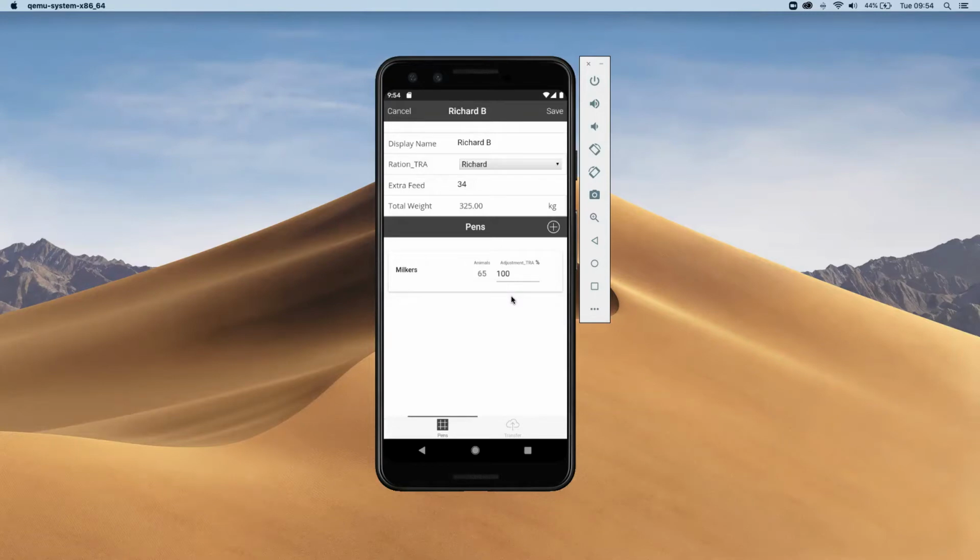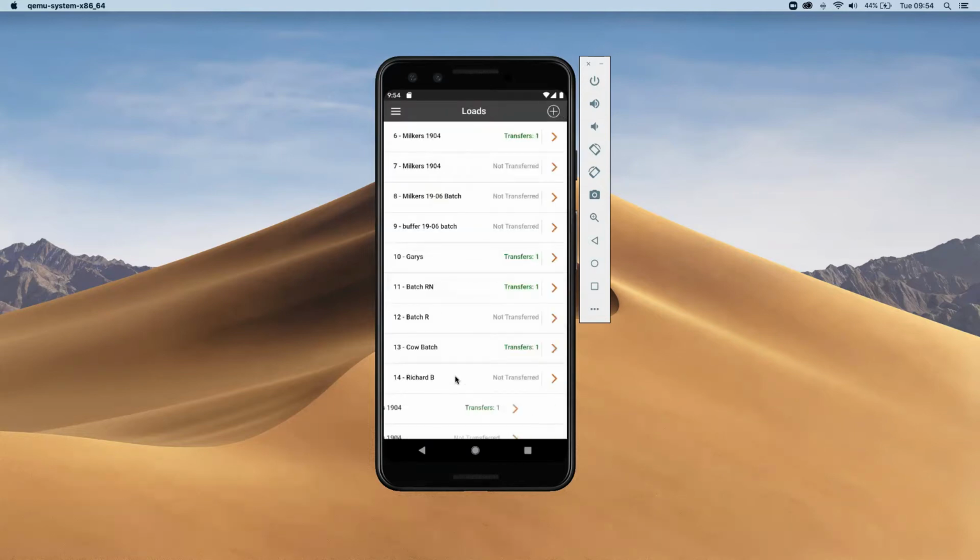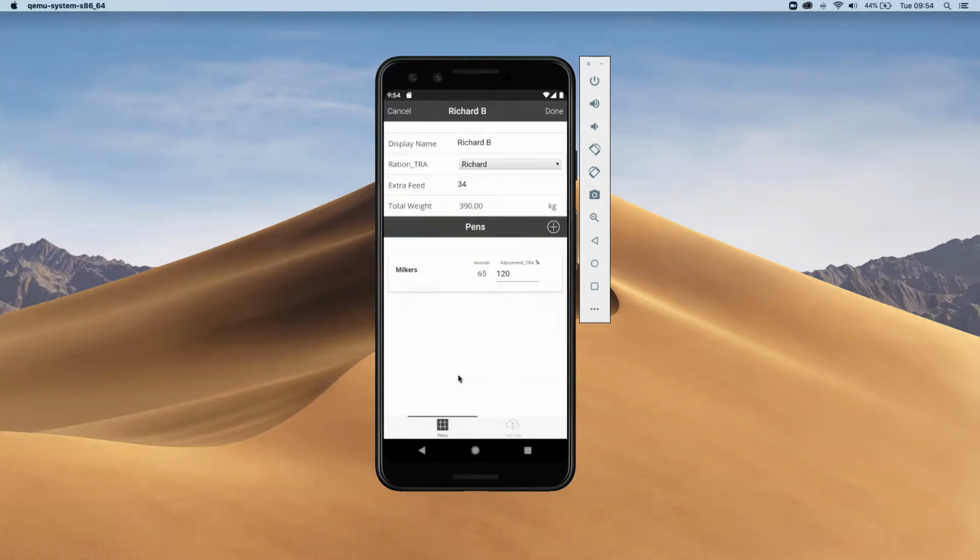What that would mean is that the entire load would be reduced by that amount, multiplied up by the number of animals. It literally is just a percentage. So if I was wanting to up the percentage, up it like that and save, and that's it. Okay, I've got the 120%.